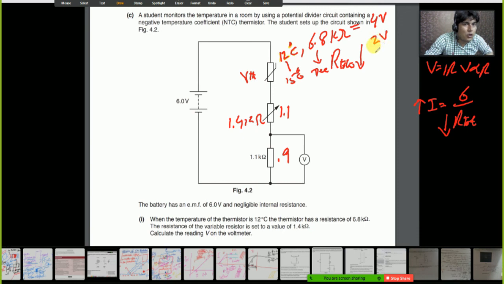Got it? So now this voltage will increase, and this voltage will increase. This voltage, let's say, will increase up to 2.1 volt, and this, let's say, will increase to 1.9 volt. So 2, 3, 4, 5... yeah, that is equal to 6 volt. So voltage across this will increase, voltage across this will increase. And why will this voltage increase? As the resistor is same, because the current will increase.